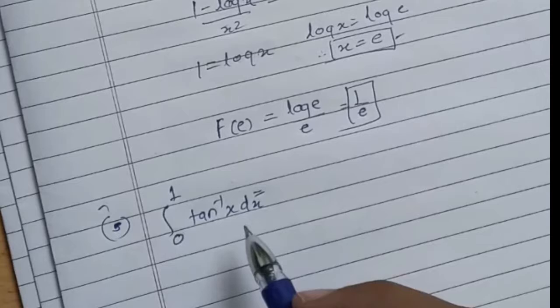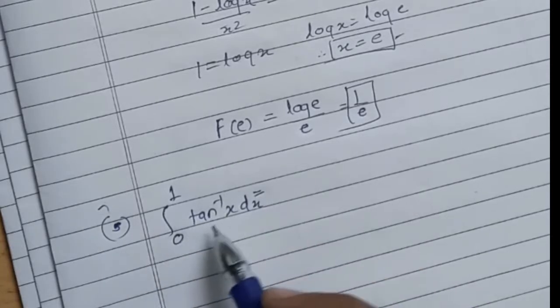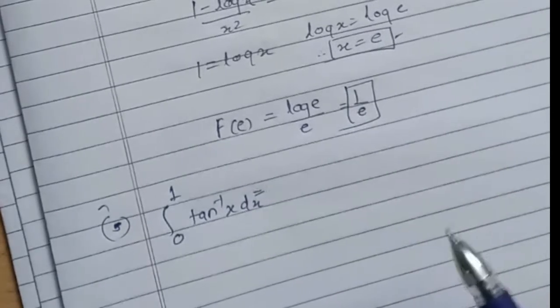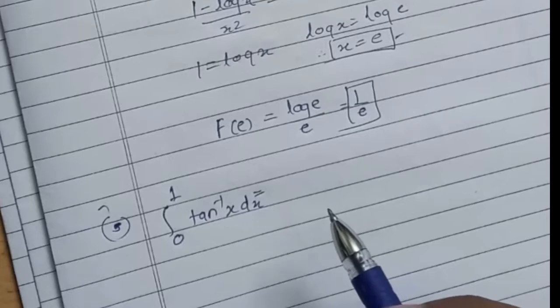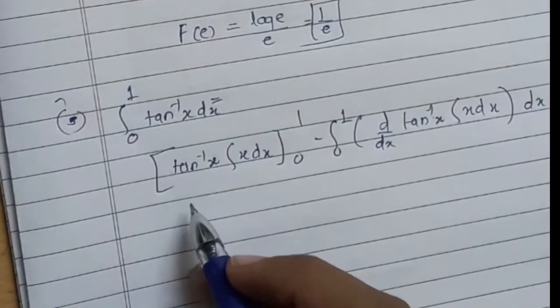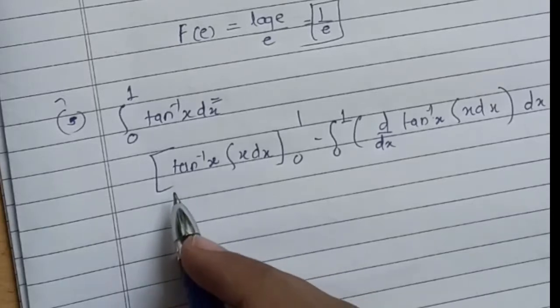So the next question is of integration, that is the integration of tan inverse x dx from 0 to 1. So here we have to solve the integration with the help of the multiplication rule. So it is quite a simple problem. So we have to solve it by the multiplication rule. So in this way